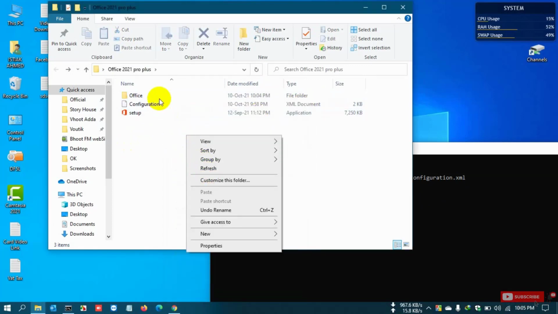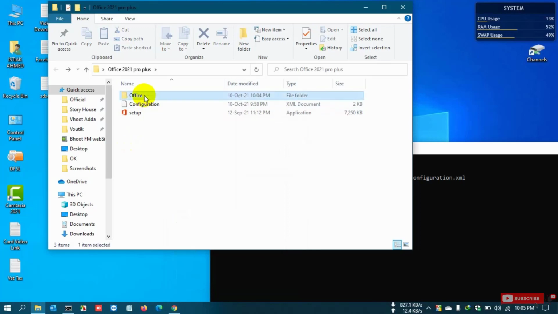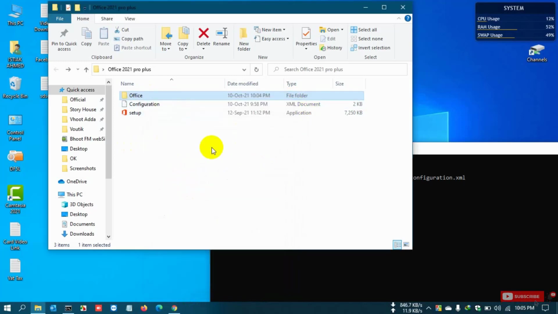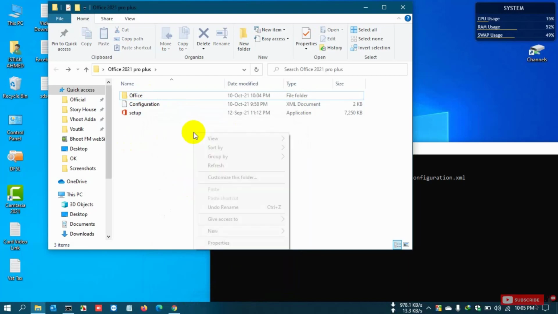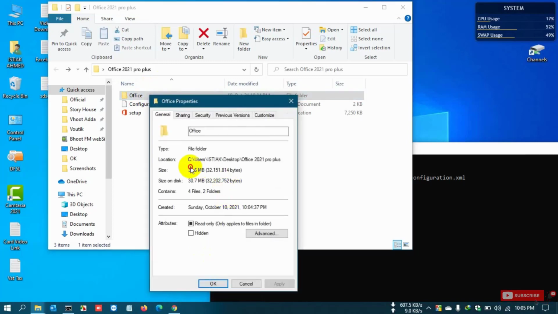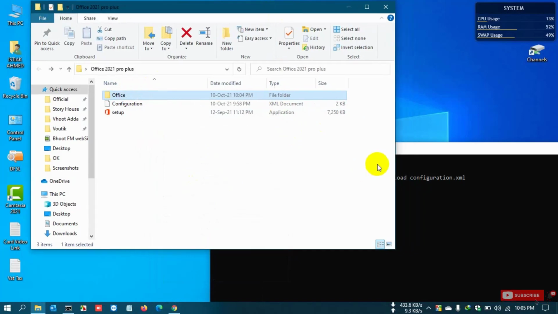It's already going up, 29 MB. You can check again, 30 MB, 30.7 MB. So this is the downloading process.